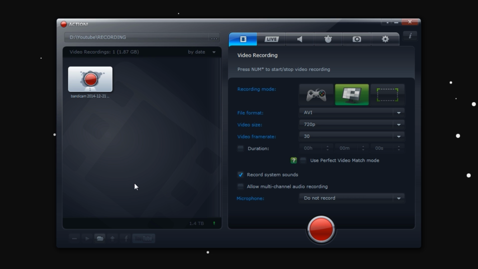Okay, so we're back inside Mirillis Action. I did need to force it to shut down because it somehow doesn't like when I'm recording with Bandicam next to it while I have another screen recorder open. But this is not an issue I've run into before, so don't take this as a bad thing for Mirillis Action. Now, like I said, it does have quite an advanced user interface, if you call that. It does not take long to get to know,